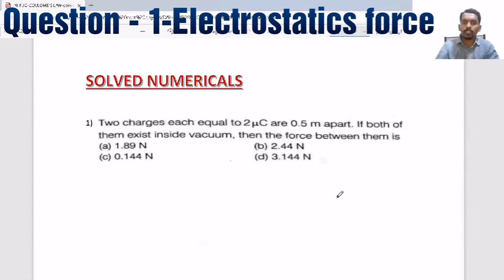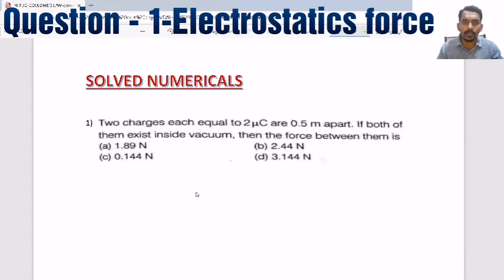Now, based on these two things, let's see a few questions. You can expect that a question can be asked based on any formula, and here we have the formula F equals K Q1 Q2 by R square. Always when you solve a question, read the question carefully, try to understand it, and collect the data in very less time. You have to collect the data within 30 seconds.